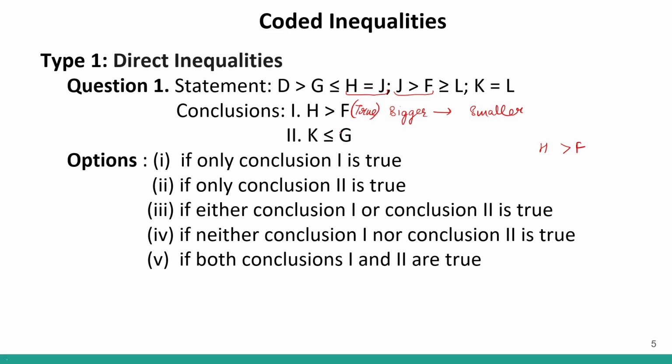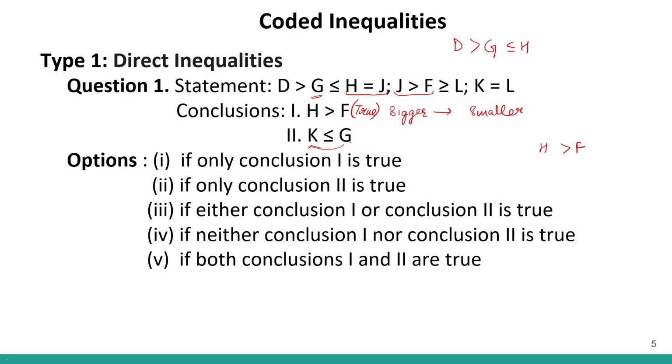Okay, now coming to K is smaller than or equal to G. So we will move from bigger to smaller. We will move from G. Now over here I see G, correct? But on both sides, G is smaller than H and G is smaller than D. This is given to us. We have to move from bigger to smaller. Do we have a bigger element in front of G? No. This is small, this is small. So based on this statement, I cannot assume that G is greater than anything, because over here we have symbols of G being the smaller one.